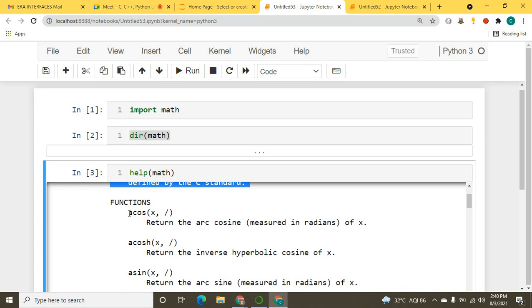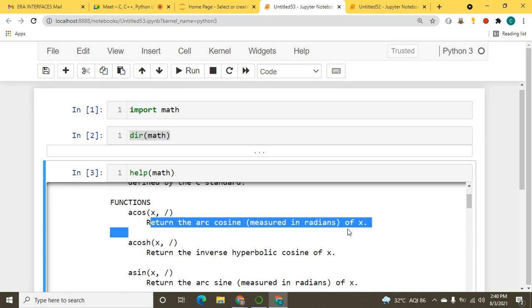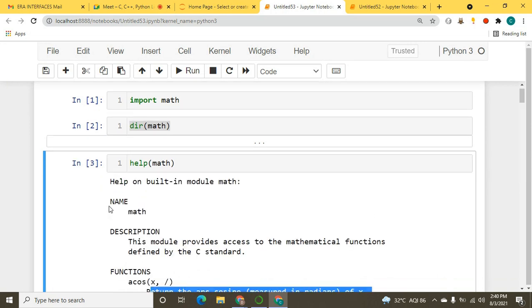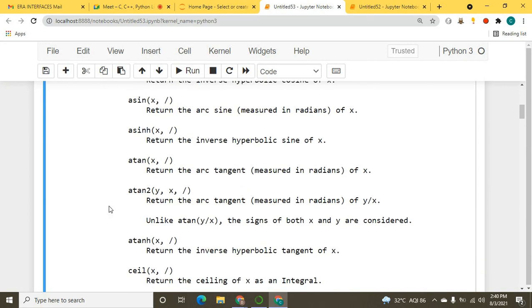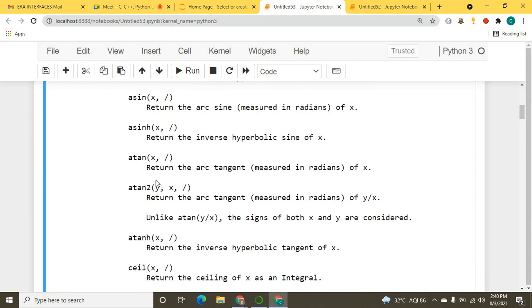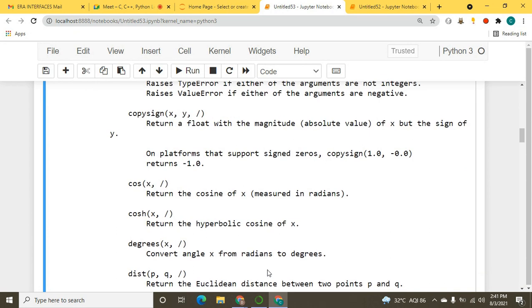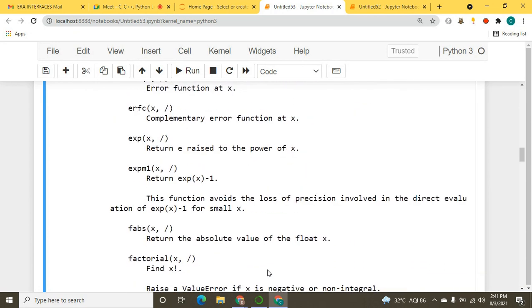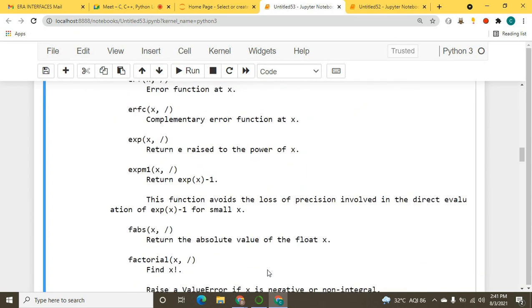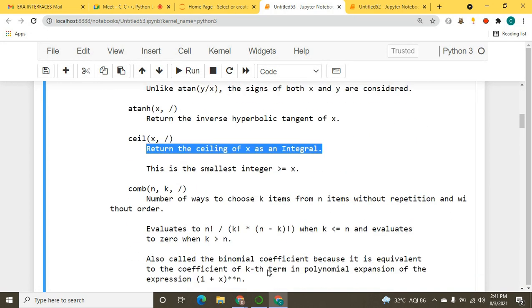Here acos means it will return the arc cosine of x. Similarly, acosh is there, asin, and asinh, where h means hyperbolic. atanh is there. ceil returns the ceiling of x as an integral. Okay, so floor, sine, factorial, so many functions with their descriptions are there in this help function.